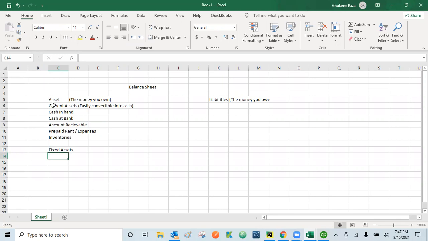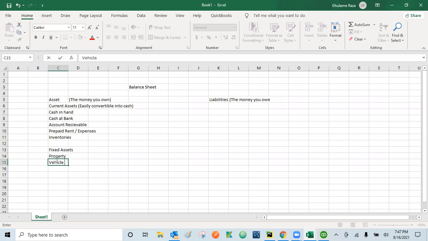If I buy a car to deliver my goods or inventories to, let's say, my customers, then that vehicle that I bought is not my inventory. It is my delivery van or delivery truck. So the property I bought for doing business is my fixed asset. The van, or I type here the vehicles,